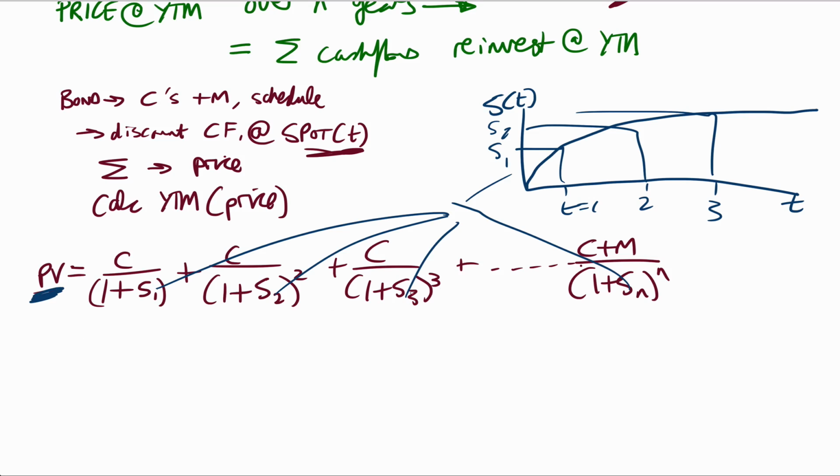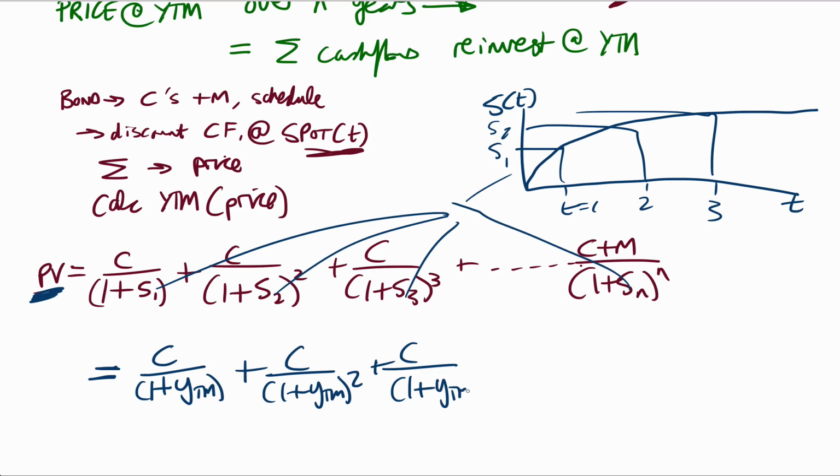But then we go the other way and we say this whole thing also equals C over 1 plus yield to maturity plus C over (1 plus yield to maturity) squared plus C over (1 plus yield to maturity) cubed, all the way up to C plus M over (1 plus the yield to maturity) to the power n, right? So basically what we're saying is these two streams are equal, and they're equal by setting them equal to each other. What we're saying is the yield to maturity, as always, is the constant discount rate that basically equates the present value of the cash flows to the price of the bond. But the price of the bond we've derived from the actual spot rates that apply to the time at which